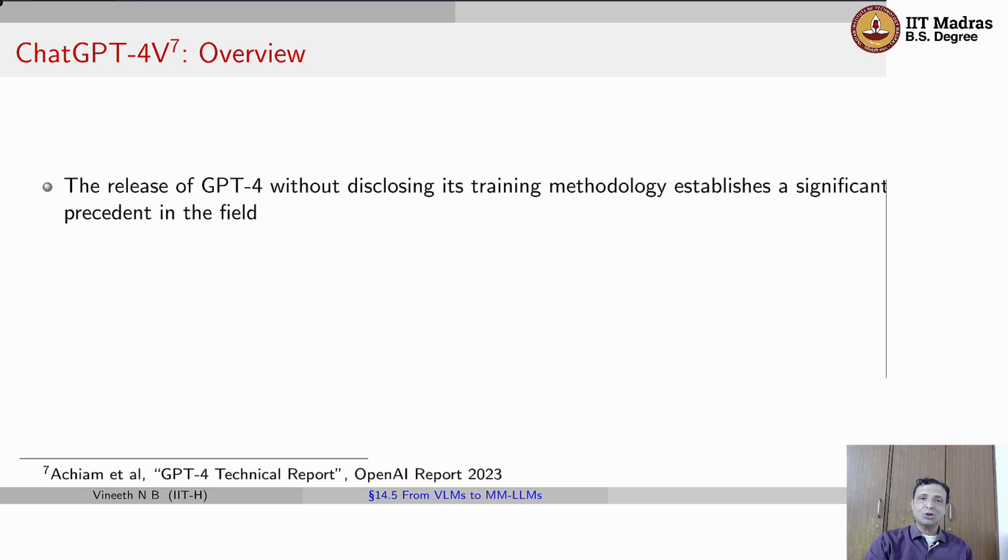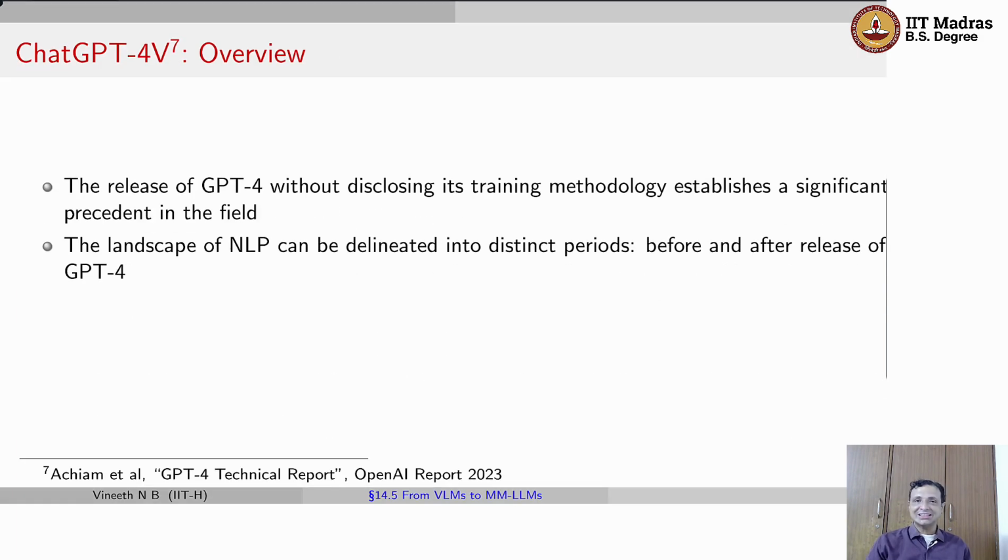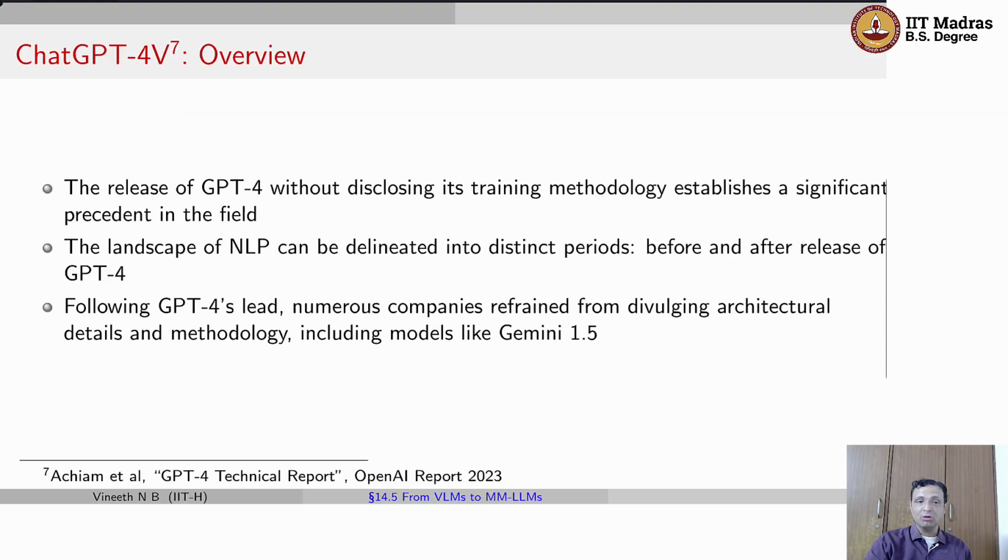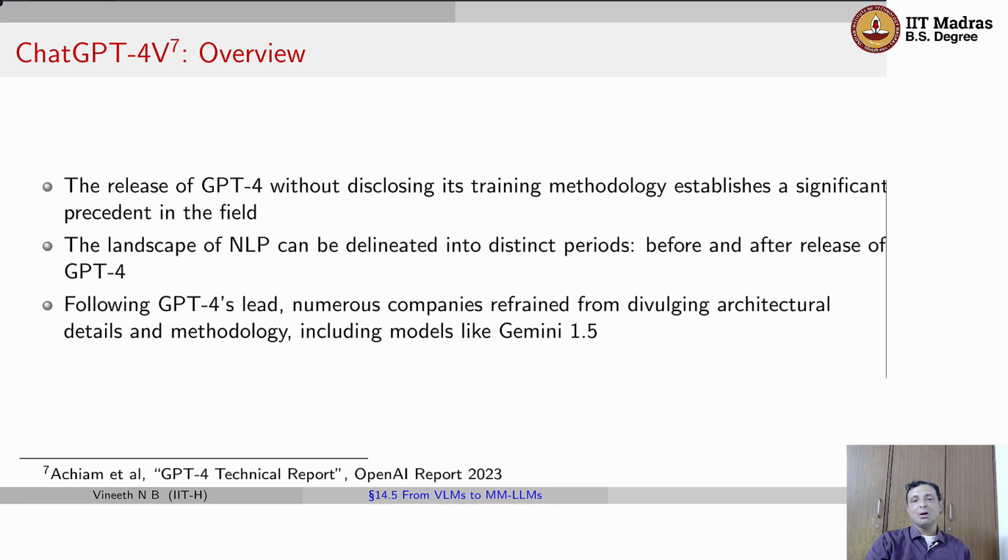Having said that, let's talk briefly about ChatGPT 4V and Gemini 1.5 to conclude this lecture. The release of GPT-4, because it did not disclose its training methodology, established a significant precedent. You could now say that the landscape of NLP can be delineated into distinct periods before and after the release of GPT-4, because following GPT-4, many other companies have refrained from divulging their architectural details and methodology, including recent ones like